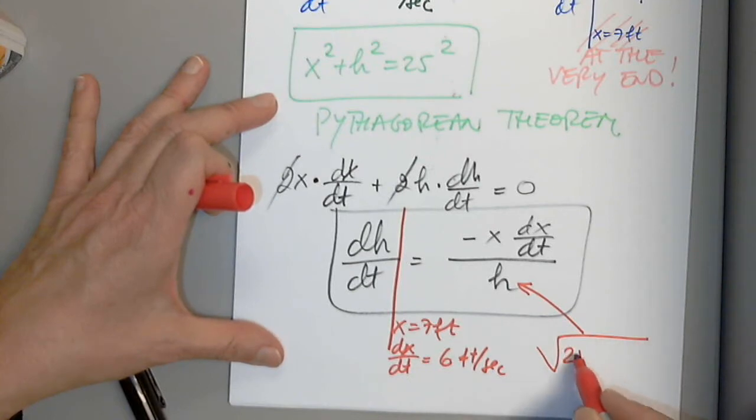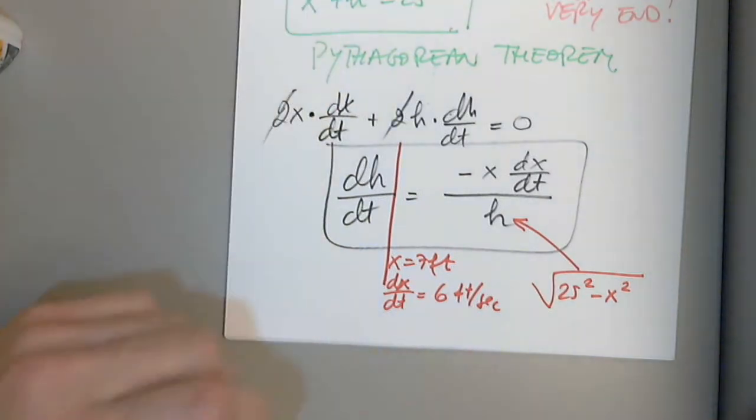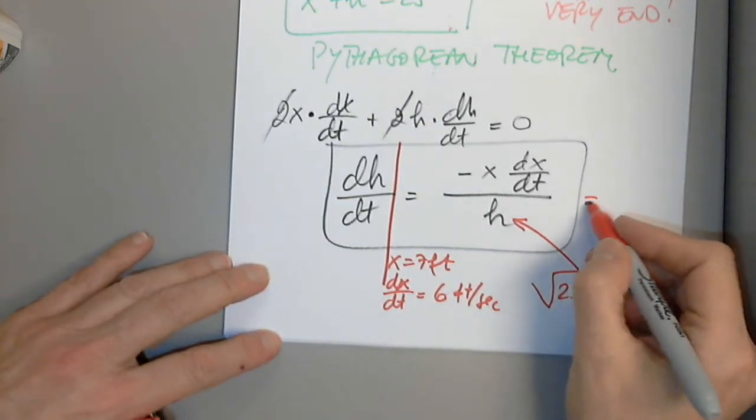So this will be the square root of 25 squared minus x squared, from the Pythagorean theorem. So I have this, which is 7, I have this, which is 6, and I have 25 squared and 7 squared. I put all the numbers in, and I get,